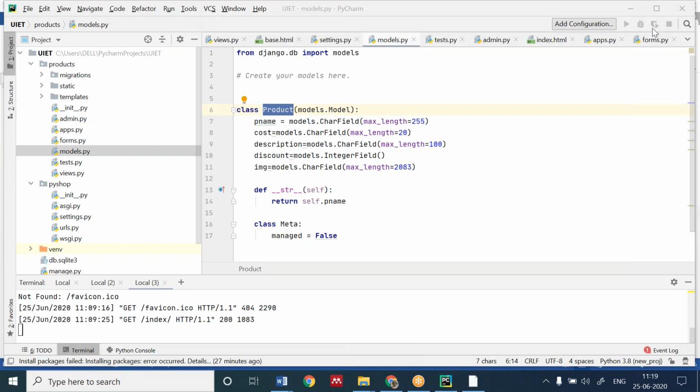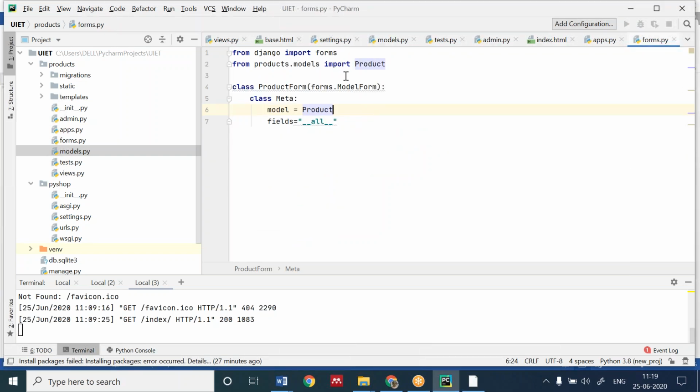Then I have created a ProductForm and passed forms.ModelForm. Class Meta means the Product metadata. The model is Product, and I am specifying all the fields.